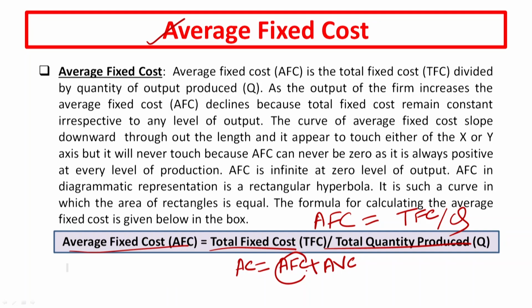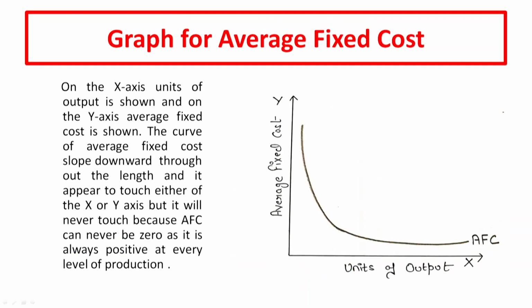Average fixed cost can never be zero, because fixed cost remains constant and it will always be positive. The graph of average fixed cost. As you know, the fixed cost was like this. But as you are going to increase the output, the average fixed cost will reduce. So it will be like